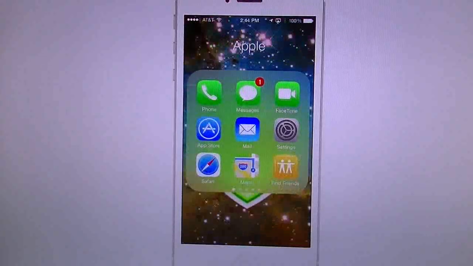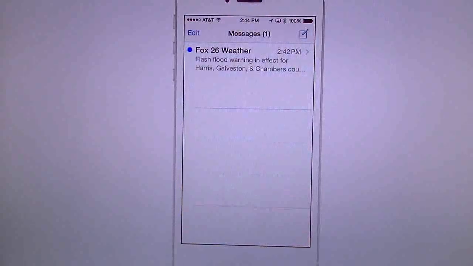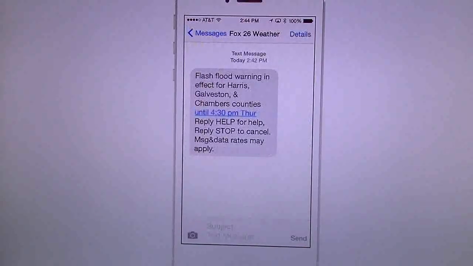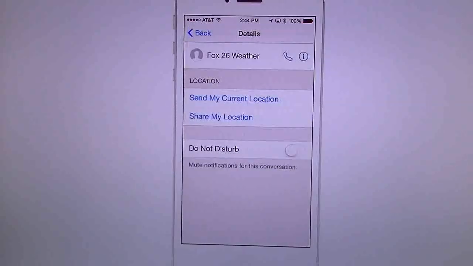Now, of course, go into messages. Like I said, I got a message right here. Alright, so if I tap on the message, this is for our massive weather we've got going on here in Texas. Right here on the top right, you're going to see details. I click on details. You're going to get the details on who sent it to you. You're going to get the information about sending your current location or share your location, and then you have this